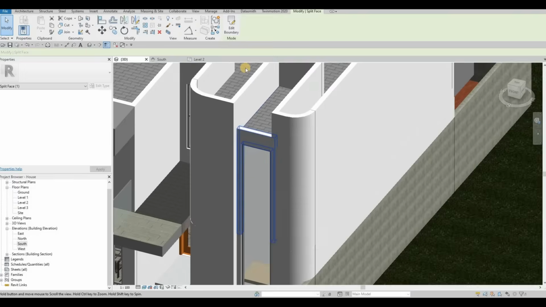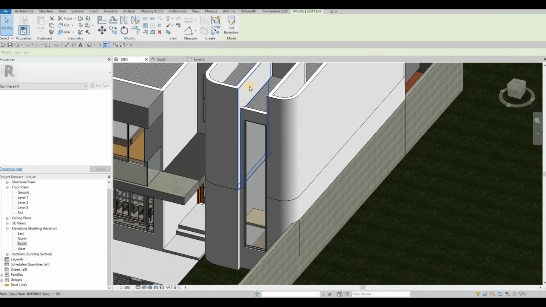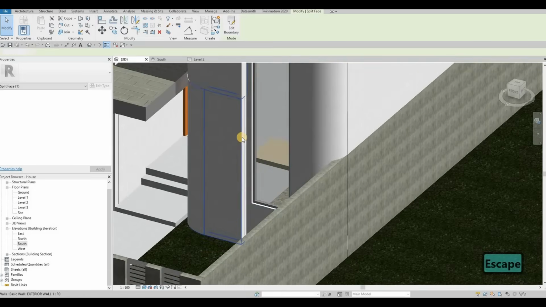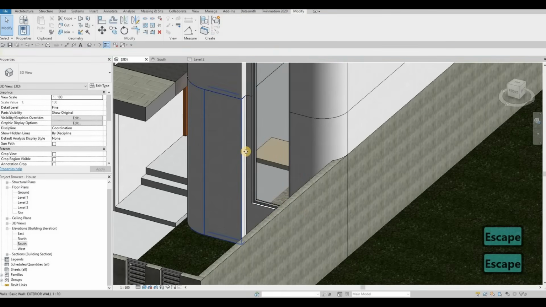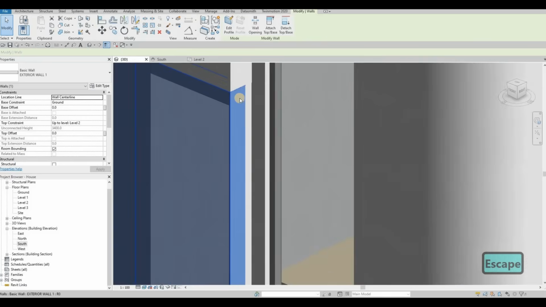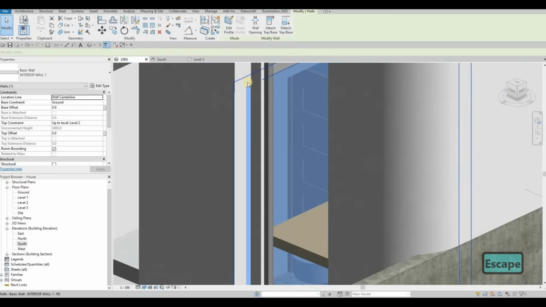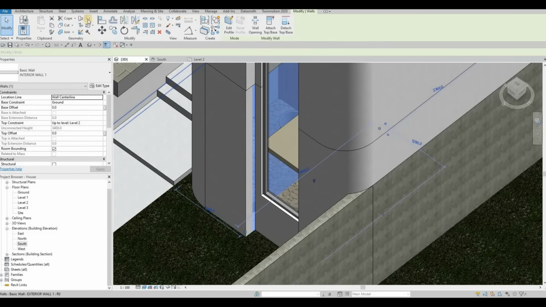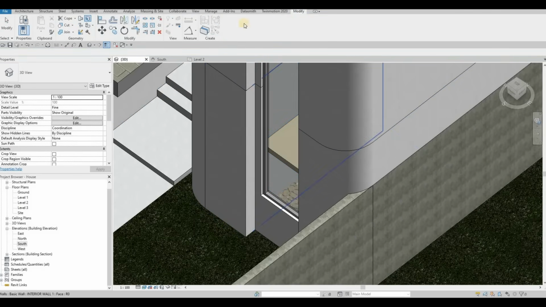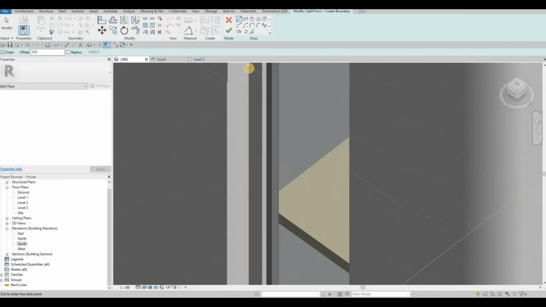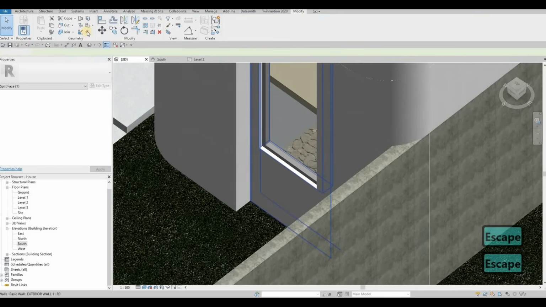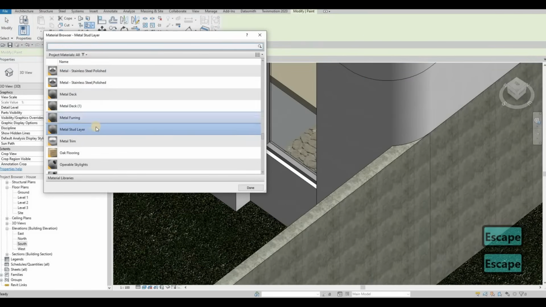So click finish. So now once we assign a black layer here, it's not gonna affect here. And then on this part we have this edge right here, and then we just have one straight line here as well. So we're going to split face that part, and then create this line right here. You need to touch the yellow line like that. So now if we paint, because this is just a wall,